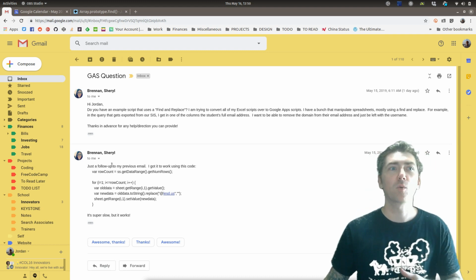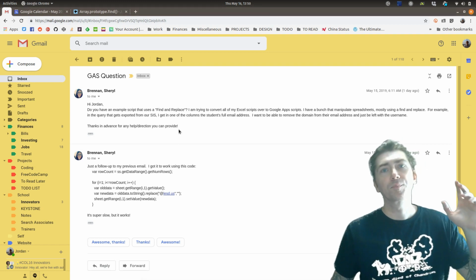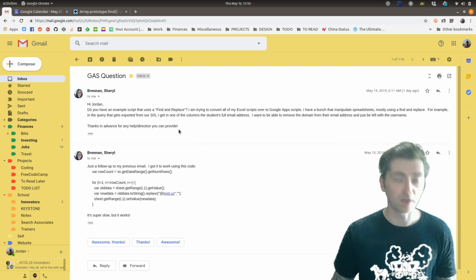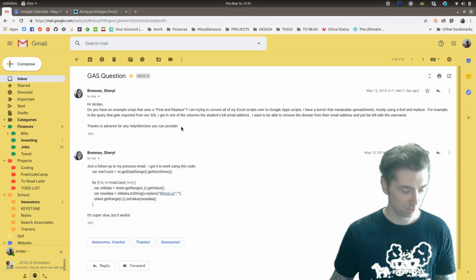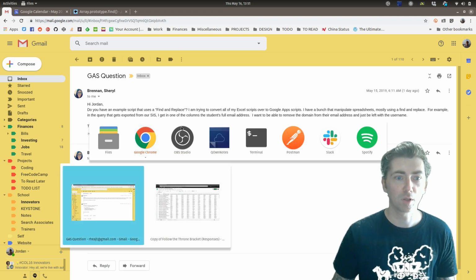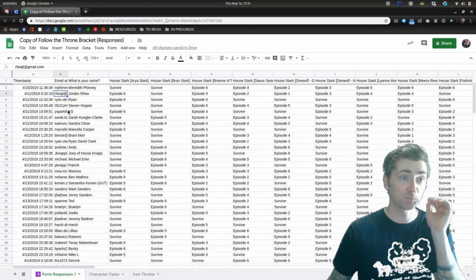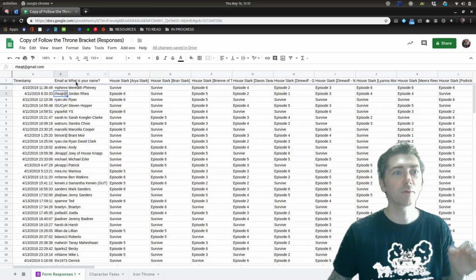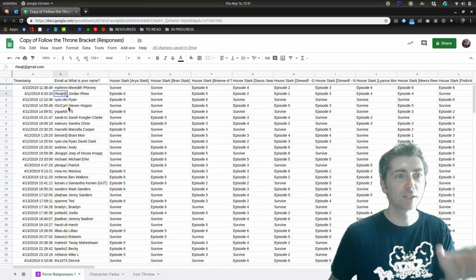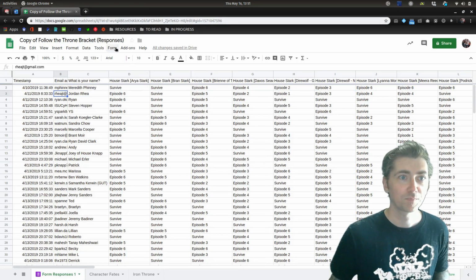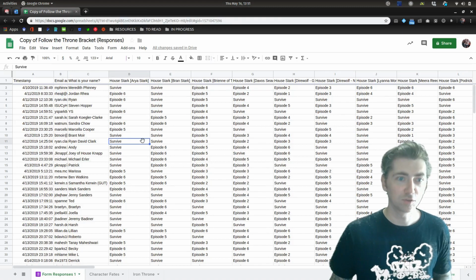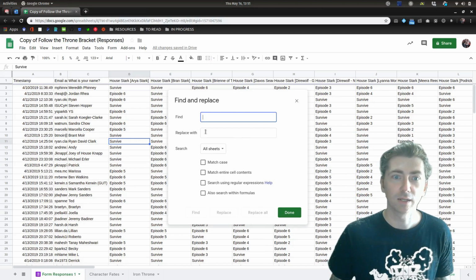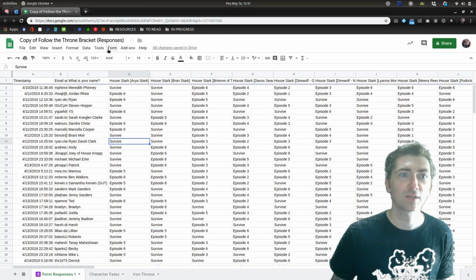I'm going to demonstrate a way to do that without grabbing every single cell one at a time. You can do it all in one big bulk update. So let's take a look at the spreadsheet. I've hidden the emails. I just shrunk down the column. But what we're actually going to be doing is removing the domain from these values. Obviously we could go find and replace and replace with. That's an easy way to do it,